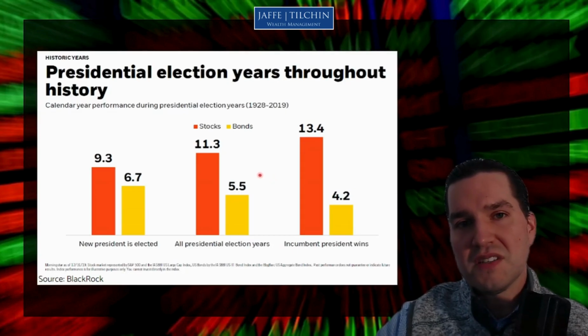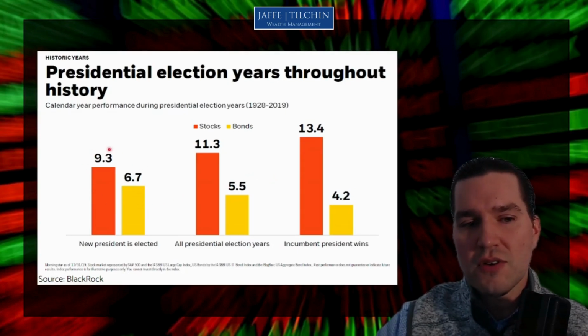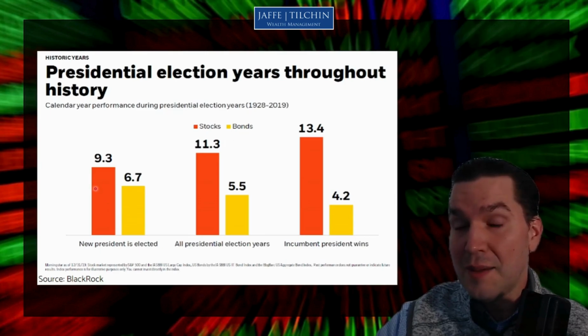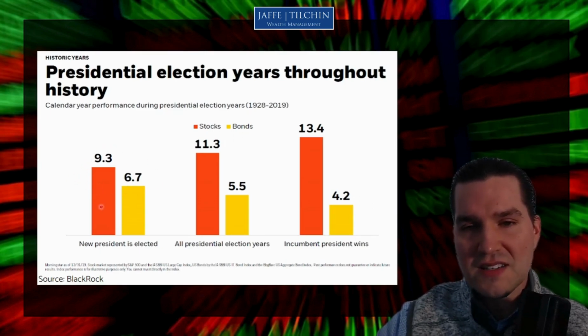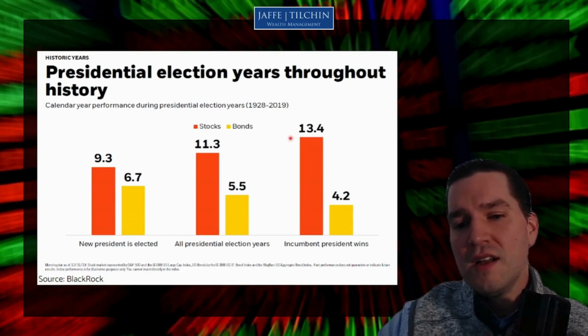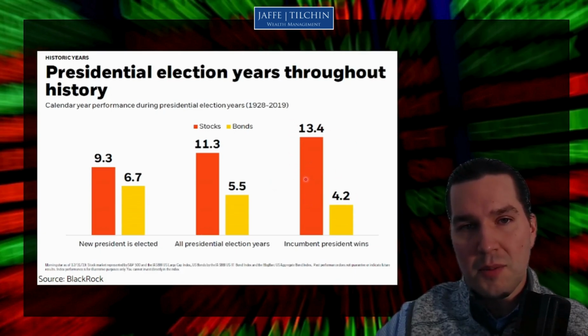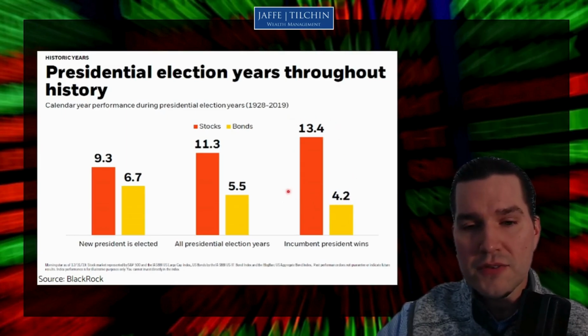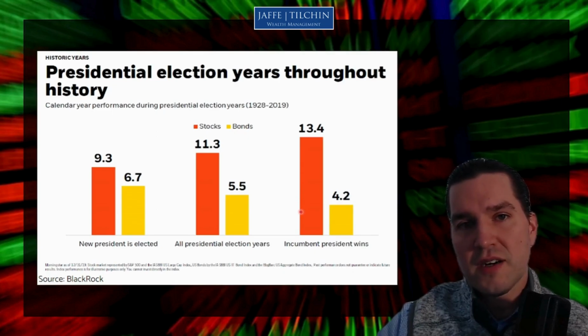The way that I interpret this data is that in general, the economy is probably a little bit more dynamic and probably a little bit rougher in those years where we're electing somebody new. That would include years where an incumbent loses. And that's why you notice returns are a little bit lower here. And typically, if the incumbent wins, that probably means that the economy is strong, conceivably, and so that's why returns are higher here.